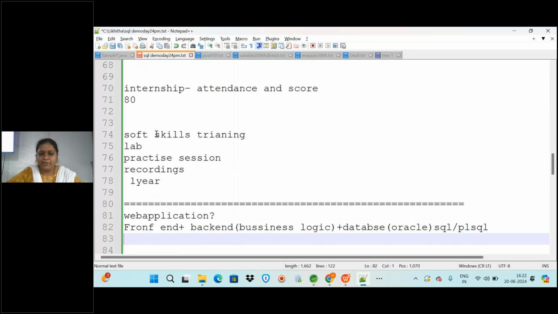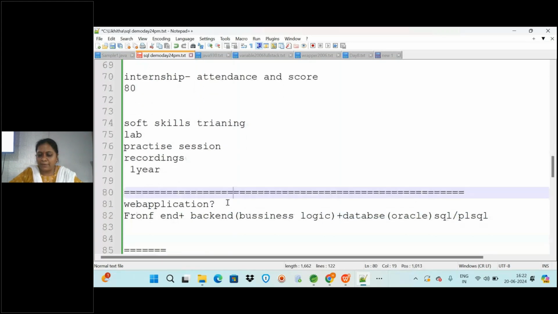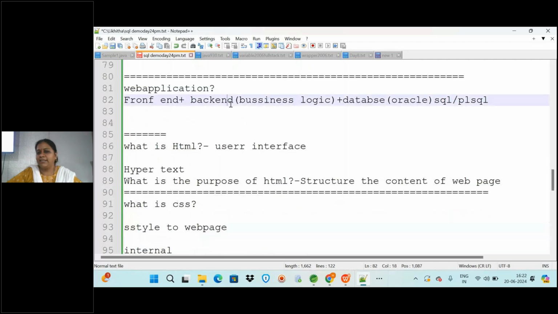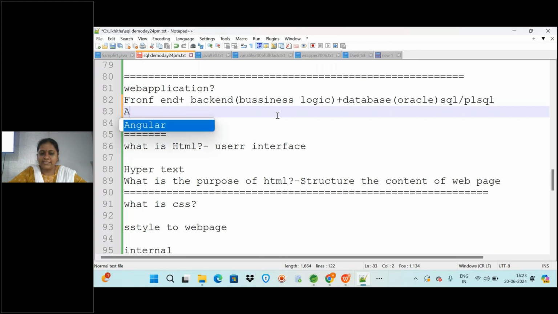So is it clear, everyone? For developing a complete web application, we need to know the backend logic, that is business logic, with a programming language like Java, advanced Java, and also with the frameworks. And in the database, you will be learning about SQL and PLSQL. In Java also you will be learning advanced concepts. I think I have already told you.